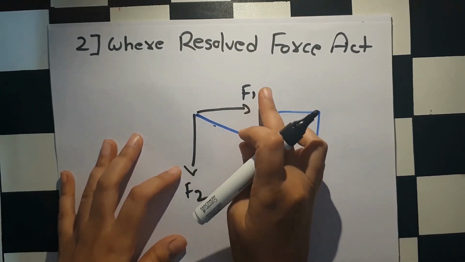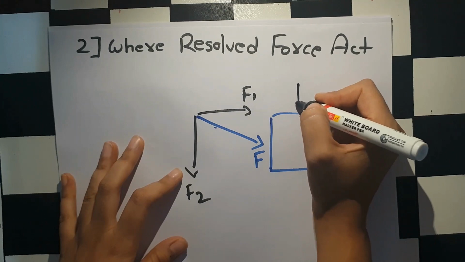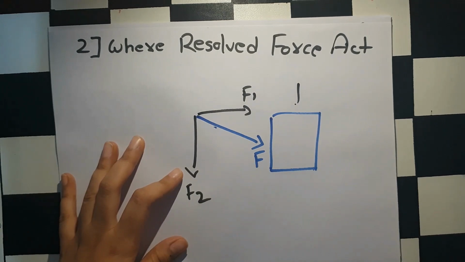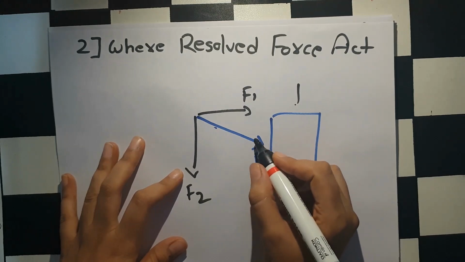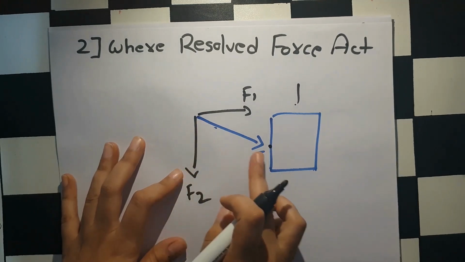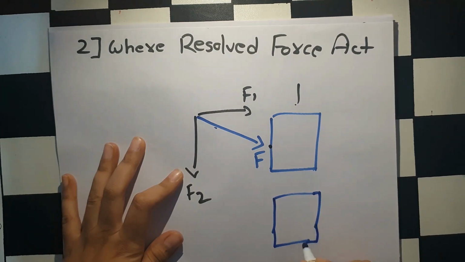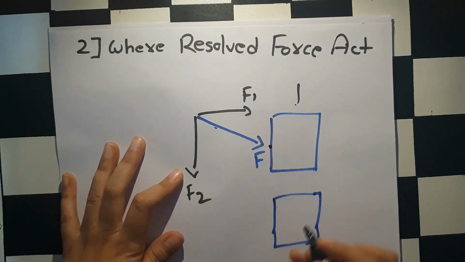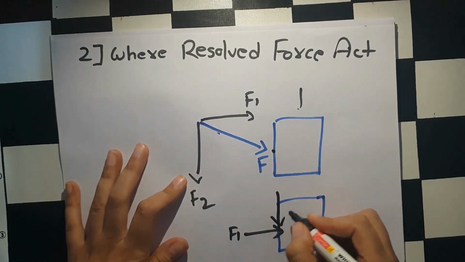Now tell me whether this F1 will be applied over here, whether this F2 will be applied over here. No, where it is going to actually apply on this object, that you must know. See, where the original force F is applying, where it is getting applied over here. Okay, it is this point where this force is acting. So when you resolve the force in two directions, even though here it looks like it is going here and it is going here, where it is actually acting is here. This is F1 and this is F2.